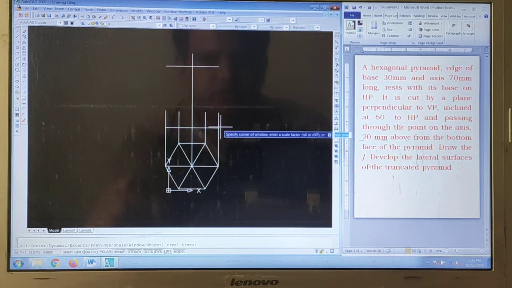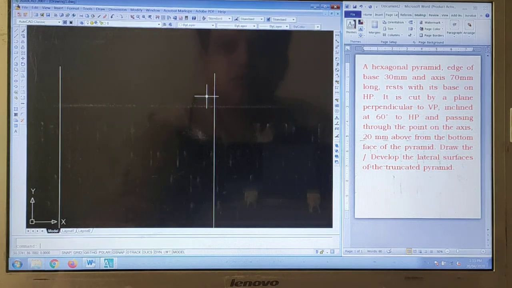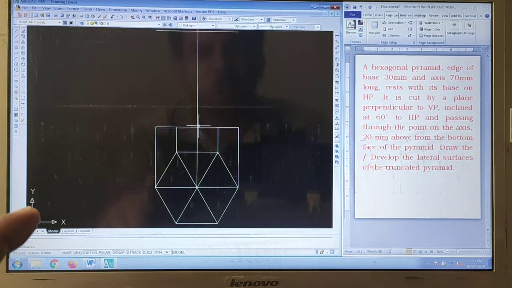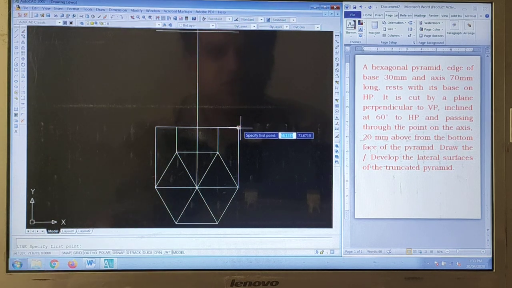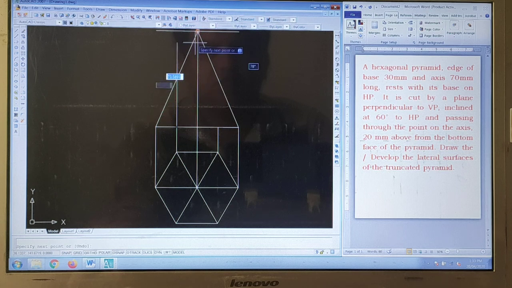Okay, then as you are aware, these points need to be there till the base, isn't it? And then the triangular surfaces, that is what we are supposed to draw, from here to here, then here, then from here to here, then here.